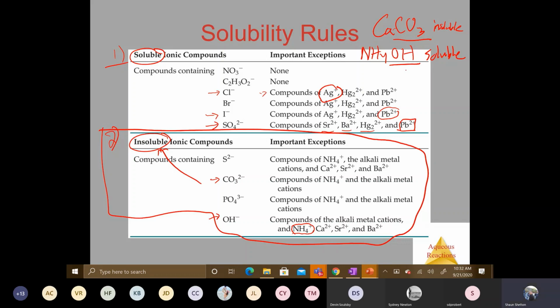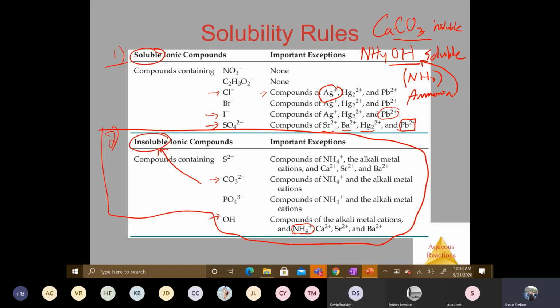Now, a word of advice: when you go to the store and buy a bottle of ammonia, what ammonia is, is just this compound, ammonium hydroxide. If you look at the ingredients on the back of an ammonia bottle, you'll find that the ingredient is not ammonia. The ingredient is ammonium hydroxide, because that's what's dissolved in the solution. Just a couple of things there, right?